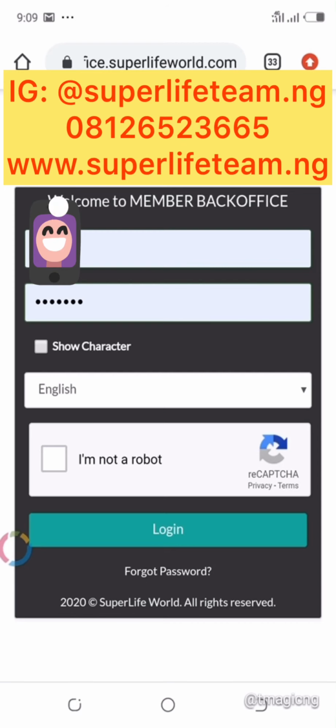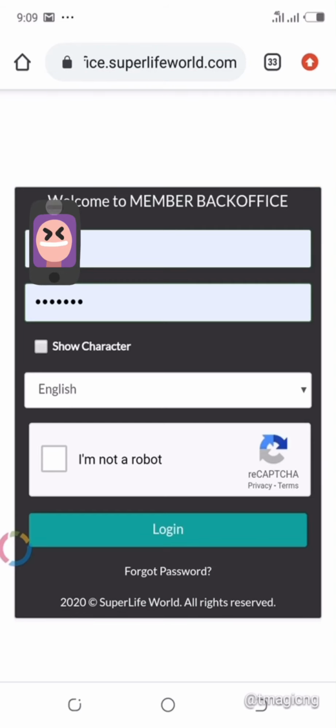Today we're going to be talking about how to key in registration in Superlife. That's the new Superlife back office. Okay, so I'm going to be using this account here, and the first thing you need to do is log